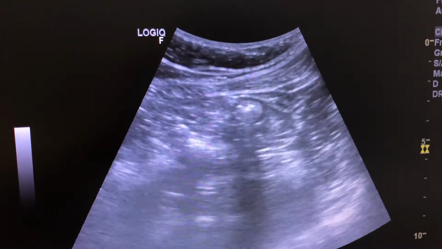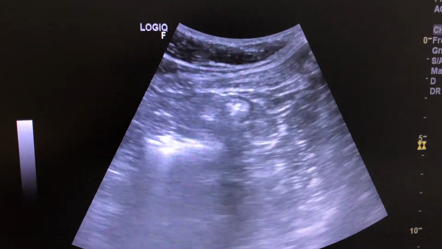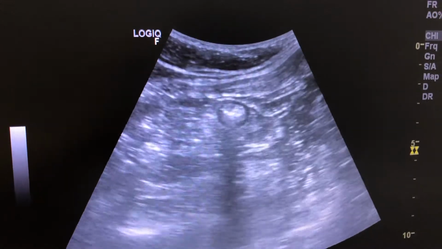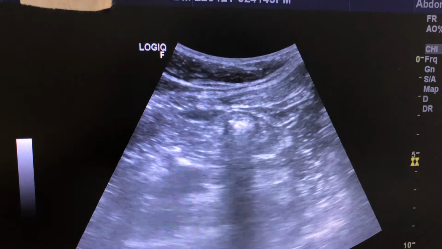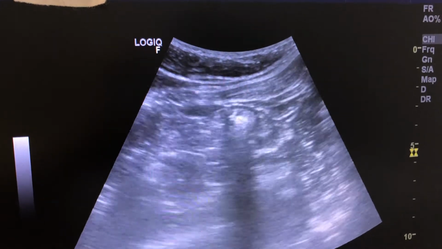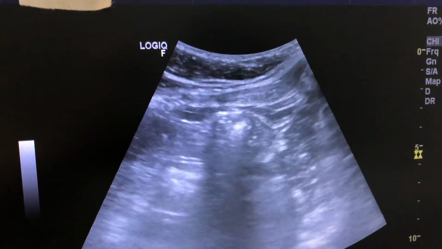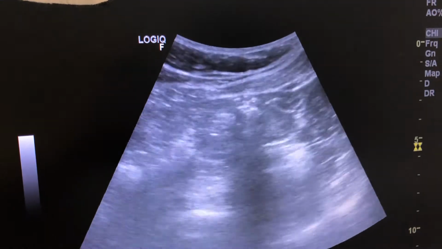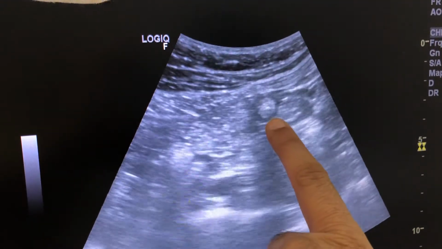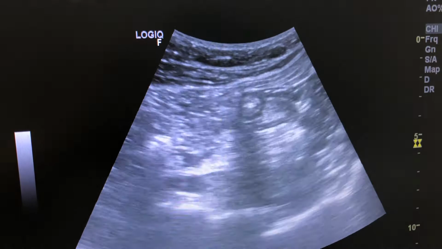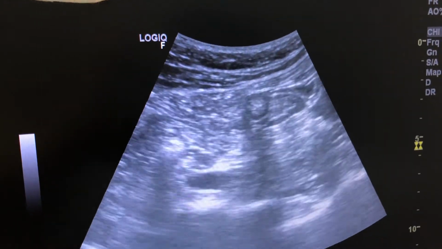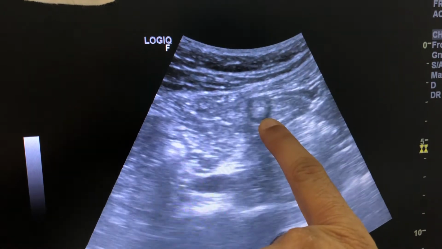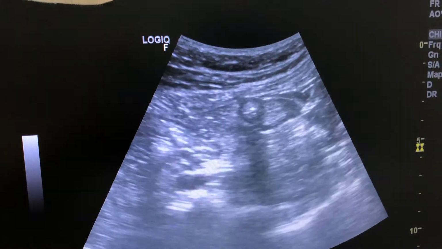This is a case of thickened descending colon in a 60 year old male patient complaining of constipation, and this descending colon is scanned initially by the convex probe. So how will it look? Here you can see you have to place the probe in the area of the descending colon, and you will see some round structure like this.